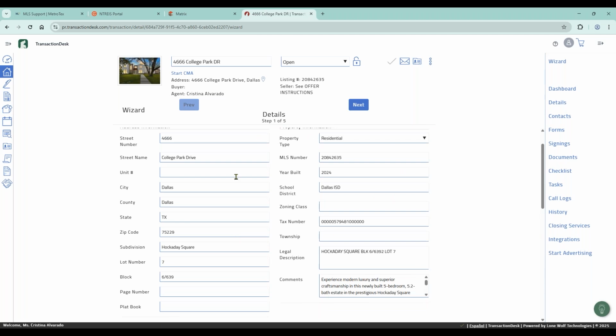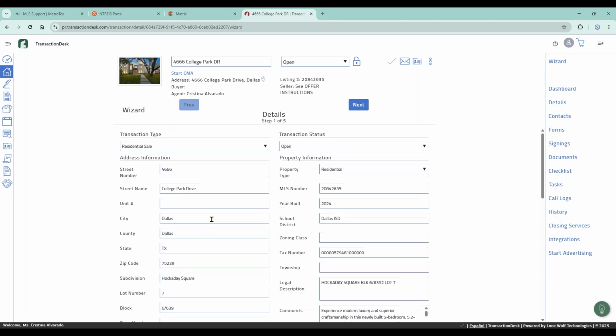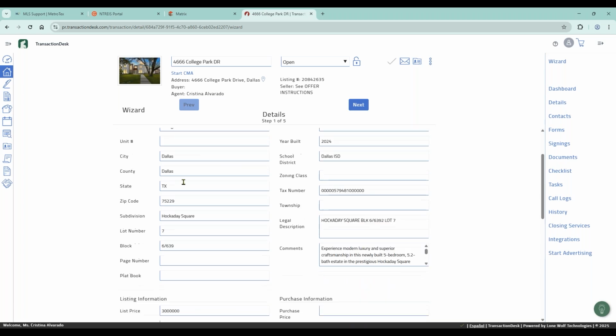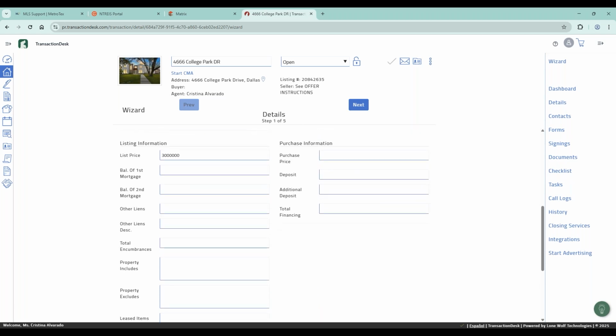The real important thing I want you to take away from here is that all of the information in your transaction can be changed and edited until you do your signings. Once you do your signings, you cannot change that information. Another really great thing about this system: anything that you add to your details, if your forms have a field that matches any of these sections, it's automatically going to add this information to your forms once you select them as well. So this is going to really be a great